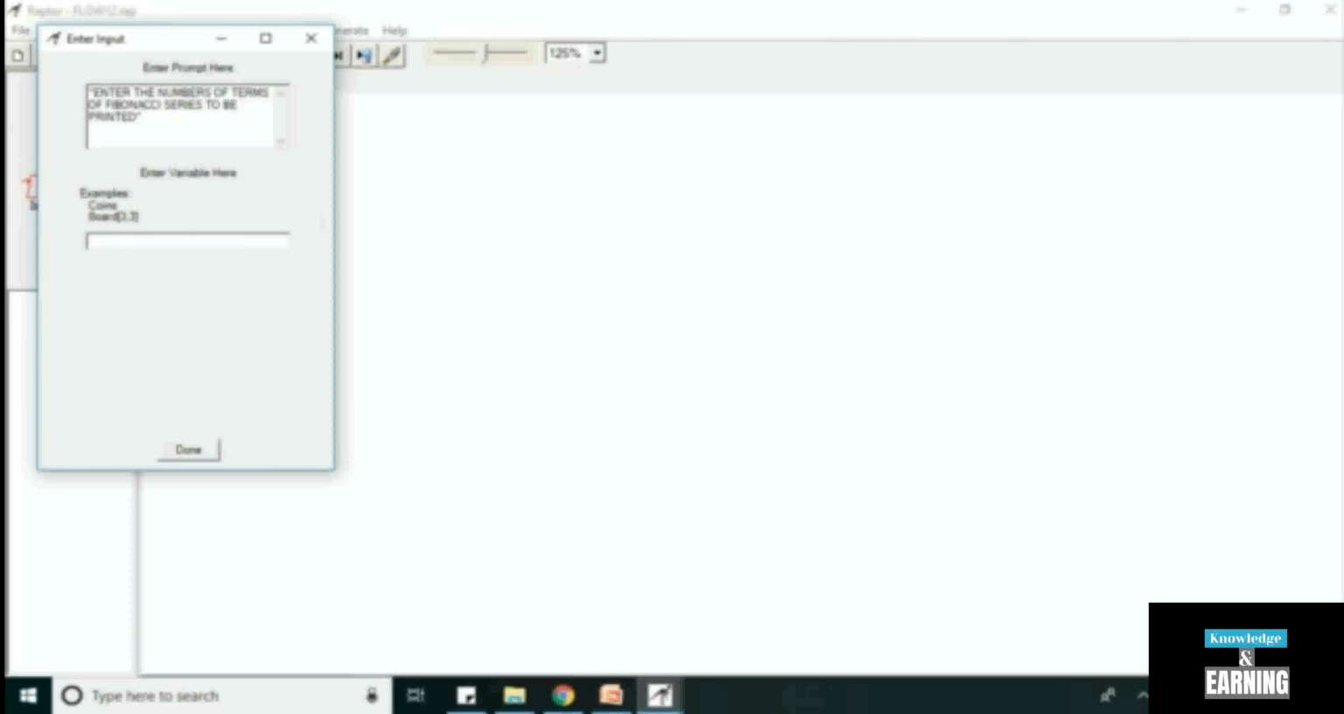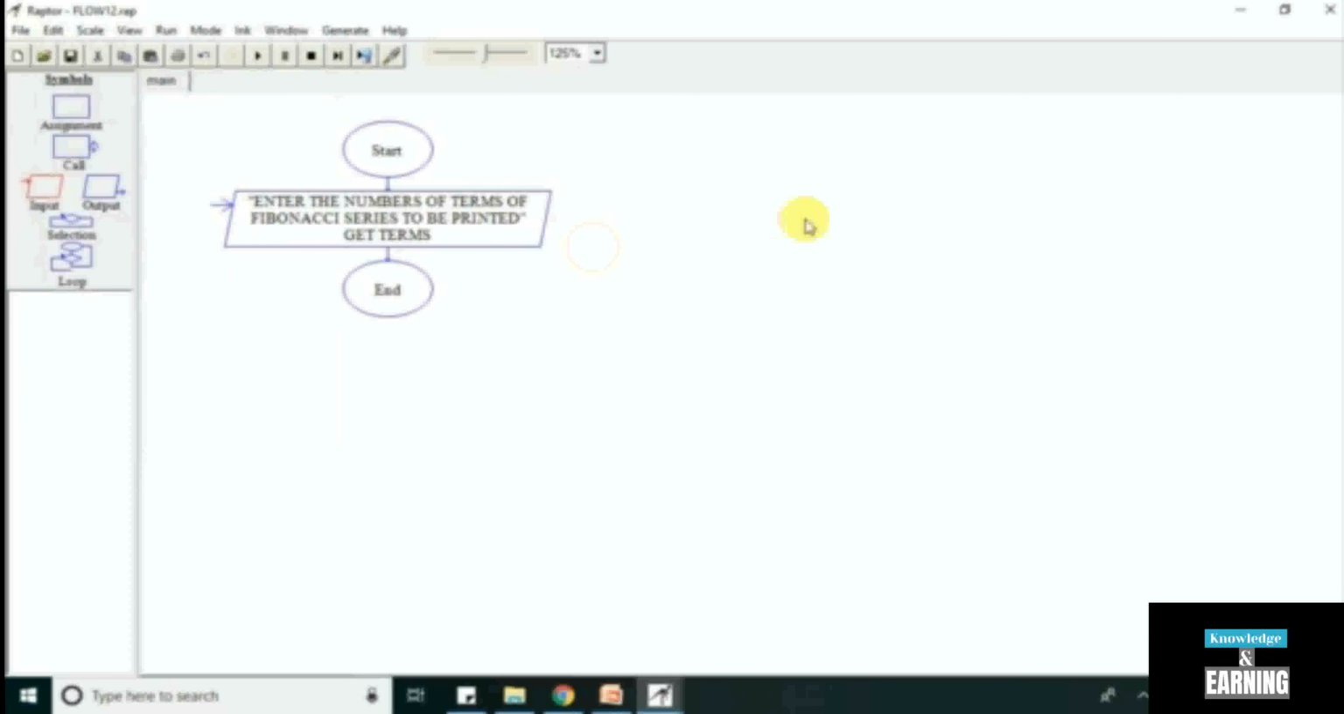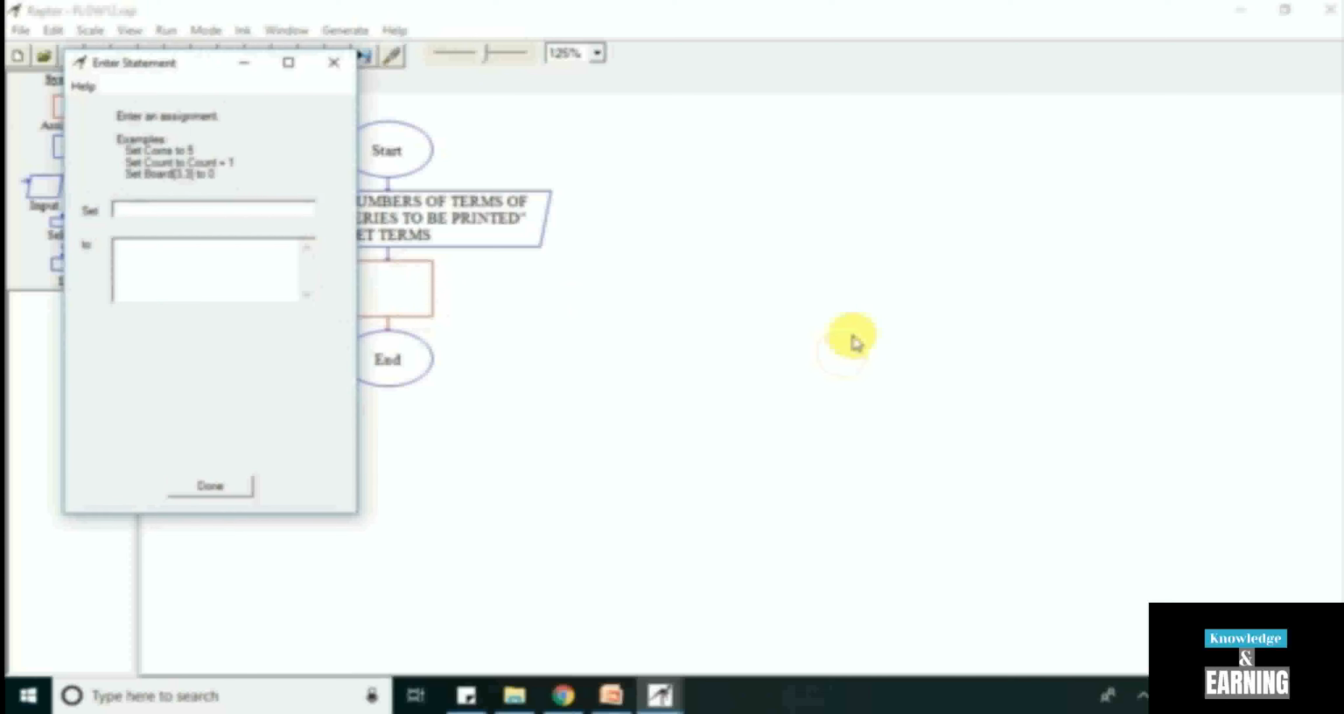Correct. Enter the number of terms of Fibonacci series to be printed. Okay, I will be storing the terms in terms variable. So the next thing is we have to take a loop variable. So for taking a loop variable, I will be taking it as I, and I should be terms minus 2, because if I want to print 8 terms, so the first 2